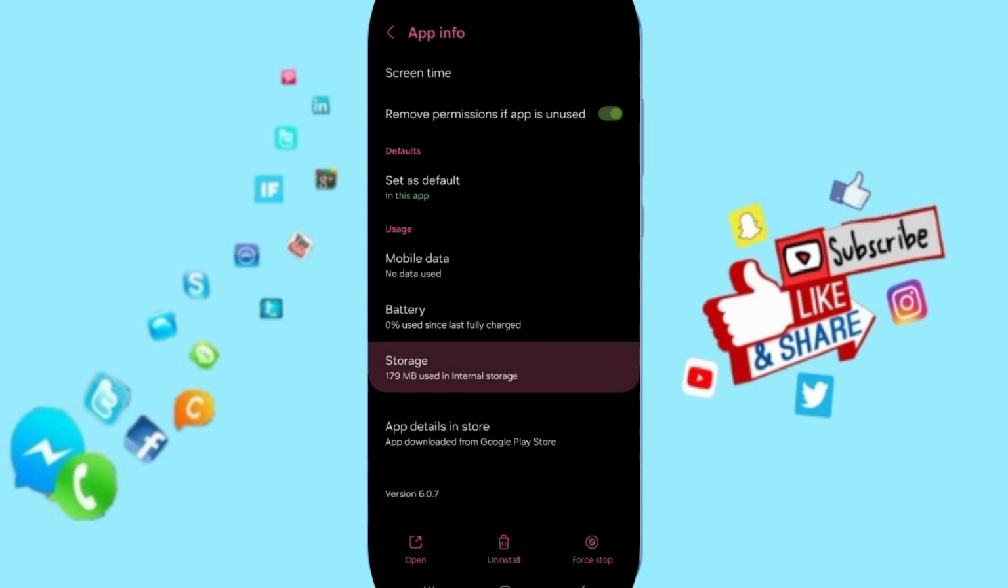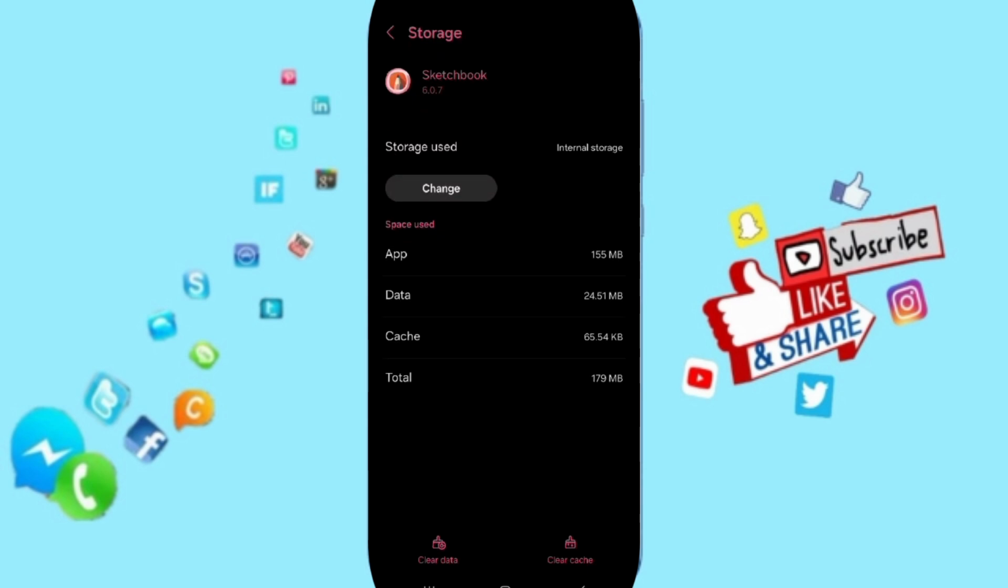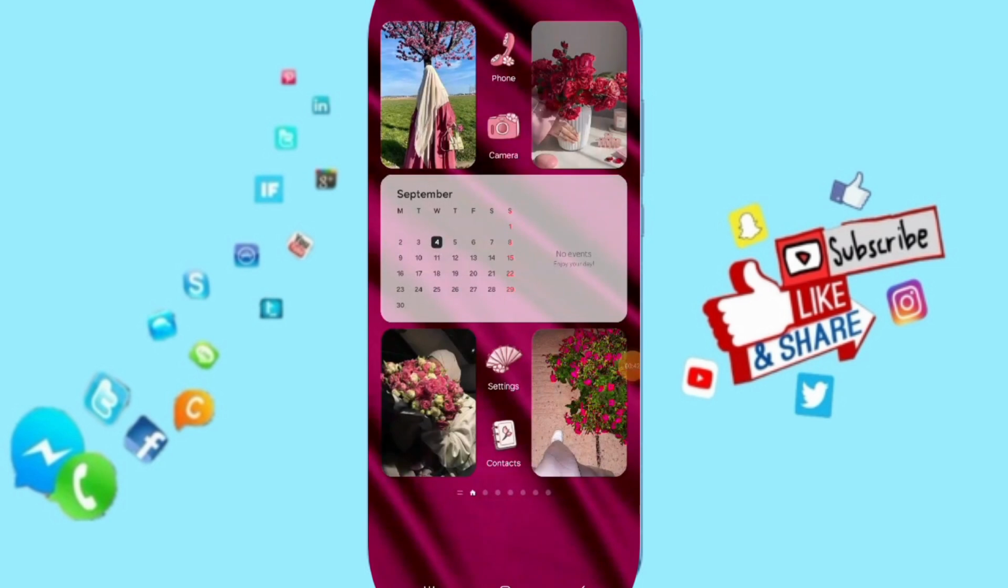Here you will enter to storage. After that you can click on clear cache. And then in the end you can turn off your phone and you can wait a moment to turn on